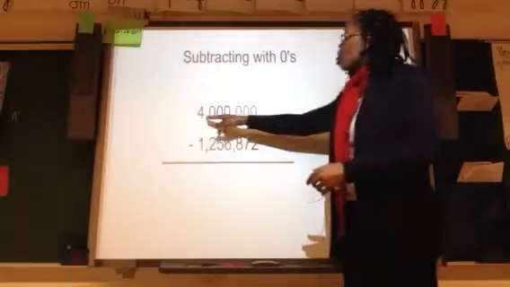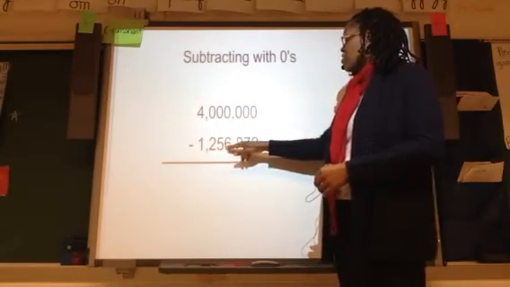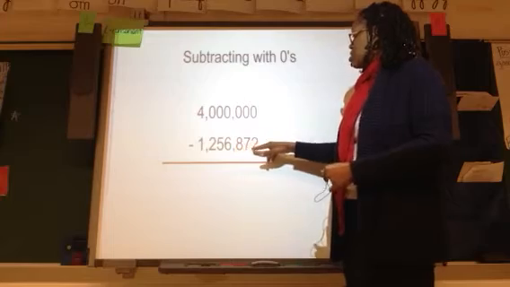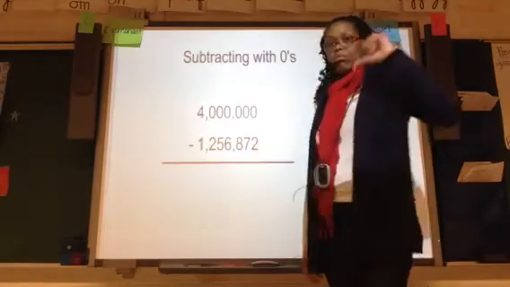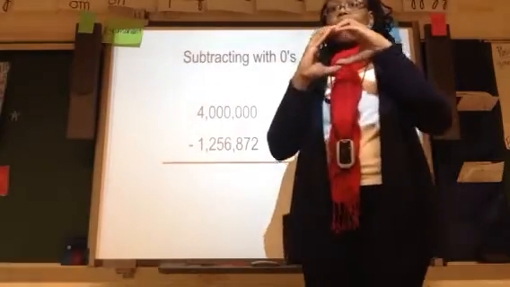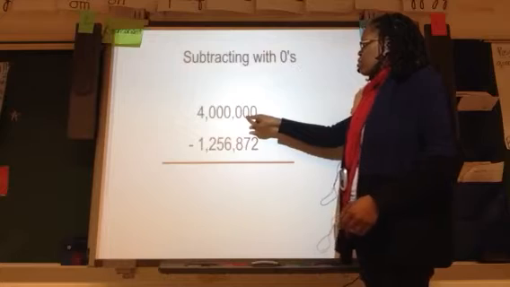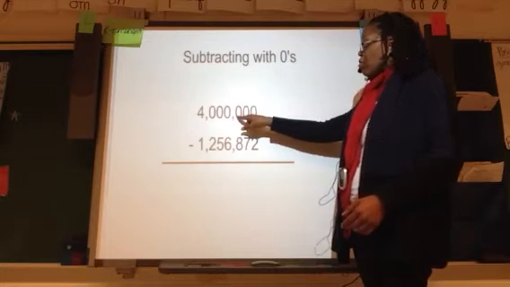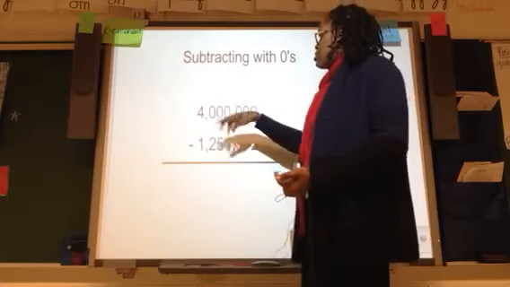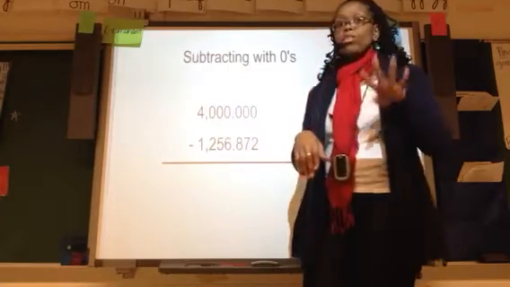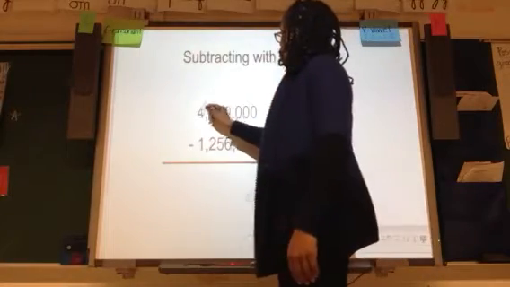Let's say you have 4 million and you're subtracting 1,256,872. Can you do 0 minus 2? No, because if you have a 0, can you take 2 away? You cannot. Can you borrow from this 0? No. Can you borrow from this 0? No. Can you borrow from this 0? No. So you have to go all the way to the millions place, cross off the 4, make it a